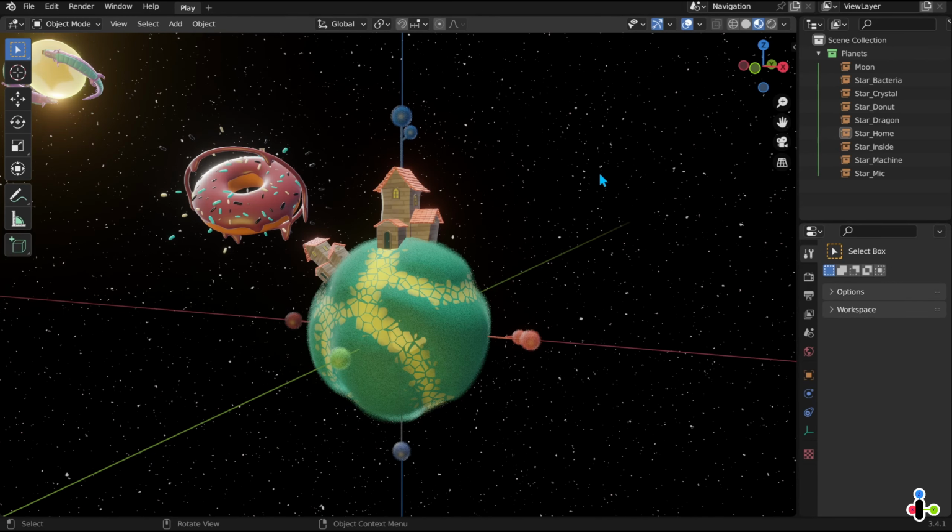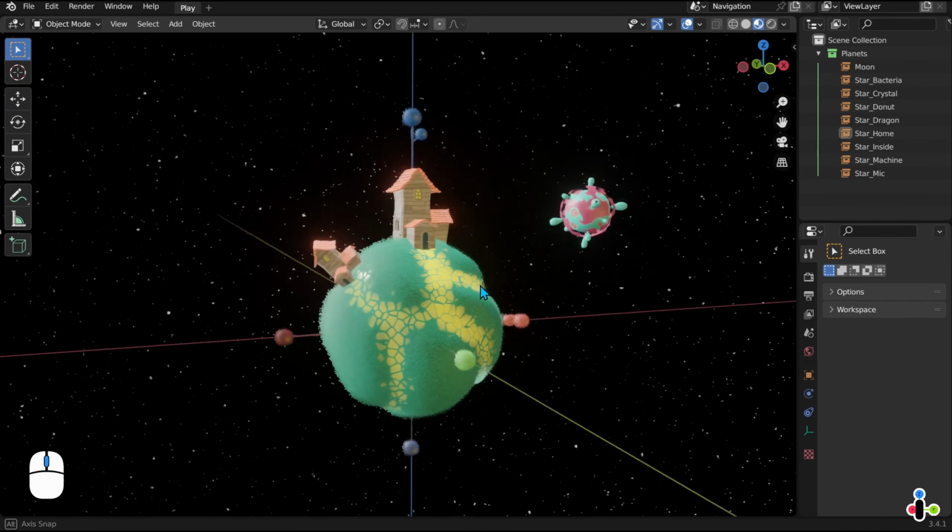We are going to learn how to move in the three-dimensional space. Most of the navigation is done using the middle mouse button, so we highly recommend having a 3-button mouse. If you are working with a trackpad, you will use gestures that you already know. By holding down the middle mouse button and dragging the mouse, we can rotate our view.